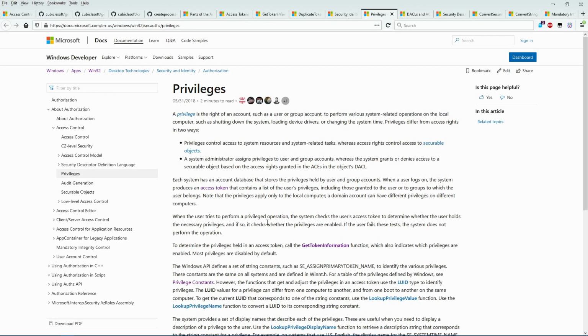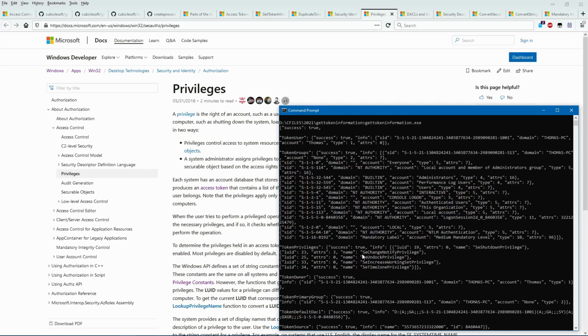Next up is everyone's favorite nemesis, privileges. Privileges in Windows grant access to specific APIs or bypass various security measures. An example of this is the SeChangeNotifyPrivilege, which allows a process or thread with the privilege to bypass directory traversal checks. Users in the Windows Administrators group have SeChangeNotifyPrivilege by default, which grants access to all the files and directories on the system. Given what SeChangeNotifyPrivilege actually does, it is a rather poorly named privilege.